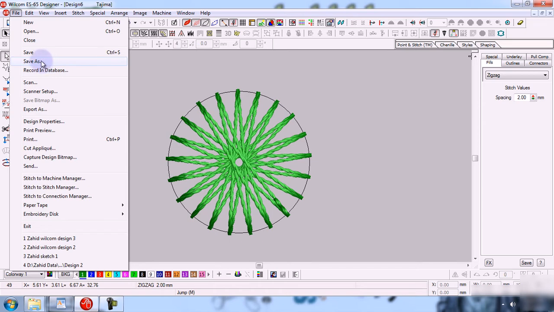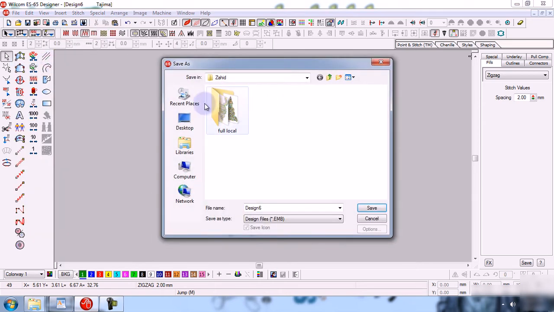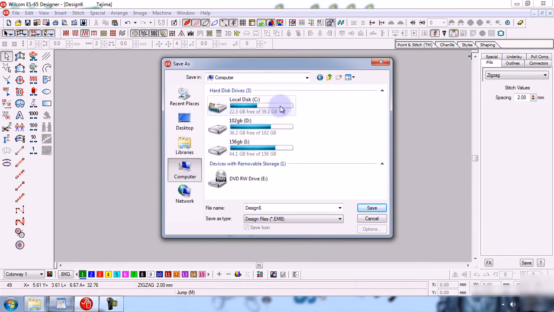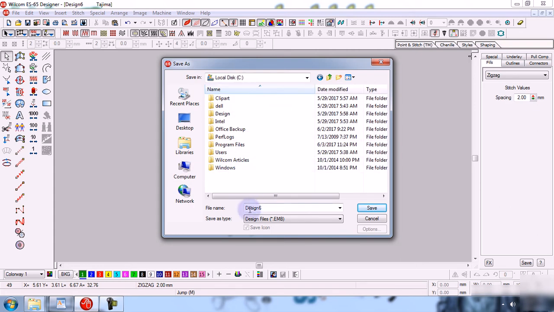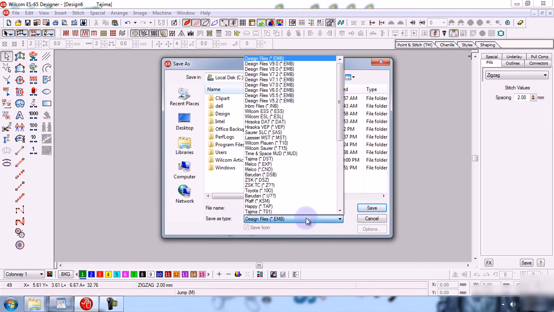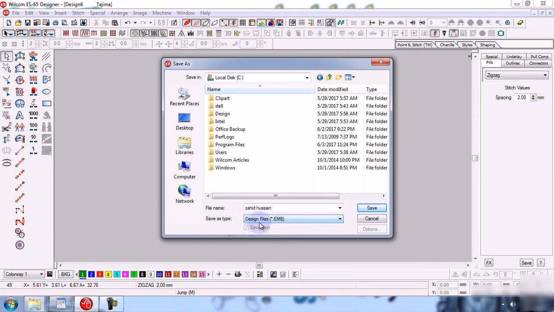Okay, so I click on the save as button and then choose the place where you want to save. For example, I save them on desktop or in local C drive with the name of design 6, or I give my name, Zahid Hussain. So I am saving this design as Zahid Hussain, and here you can choose any type of format. In the beginning you should save your design in EMB format.